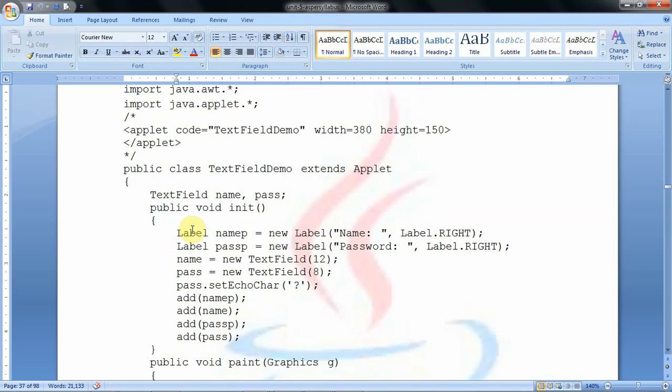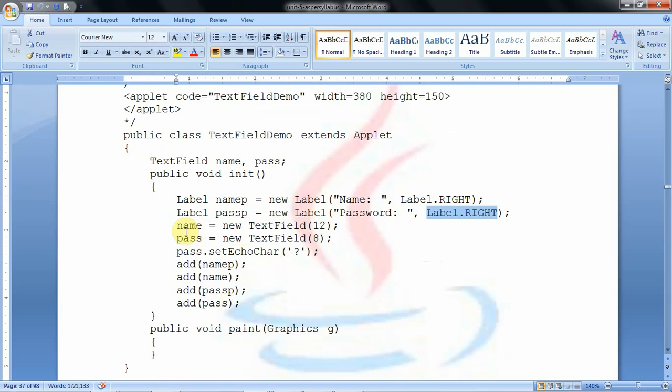Here one label object is created, Label namep equal to new Label name. We already discussed labels in previous video lectures. We align this label using right alignment. The second label is the password label, with the caption password and alignment right.